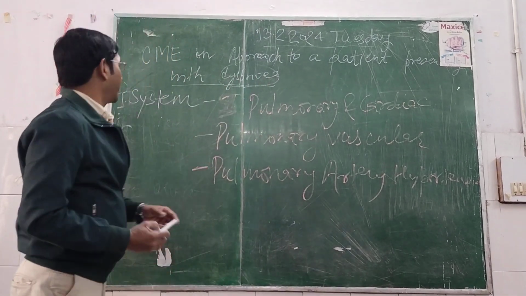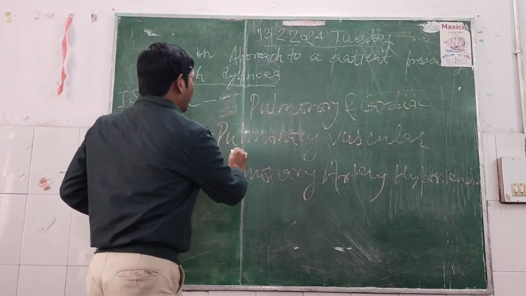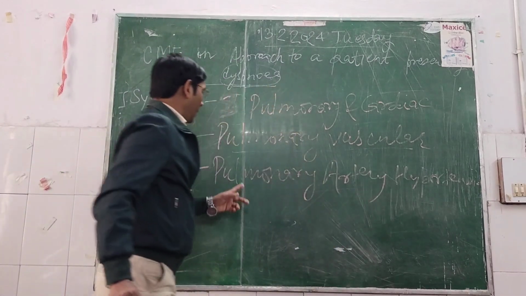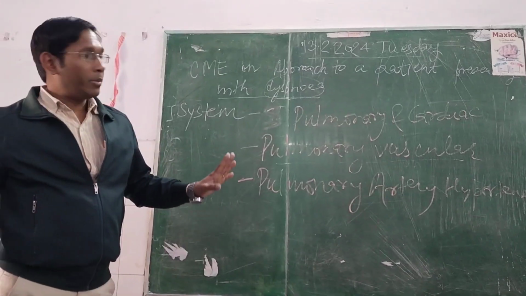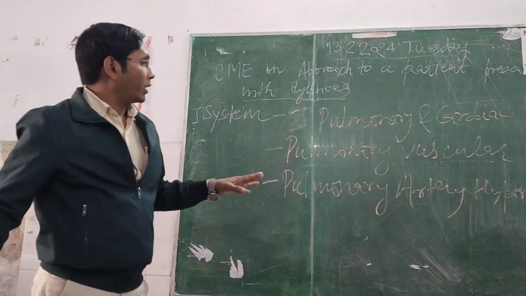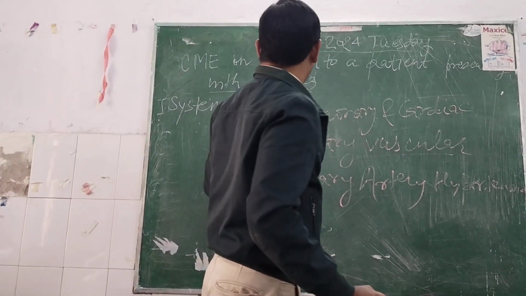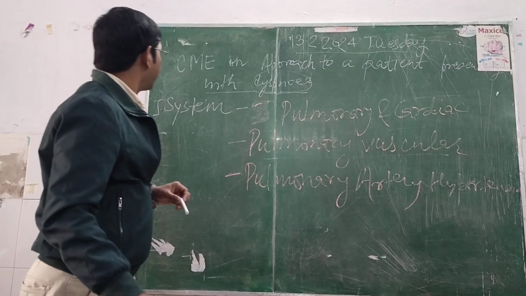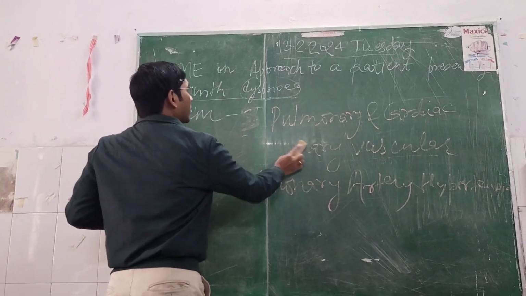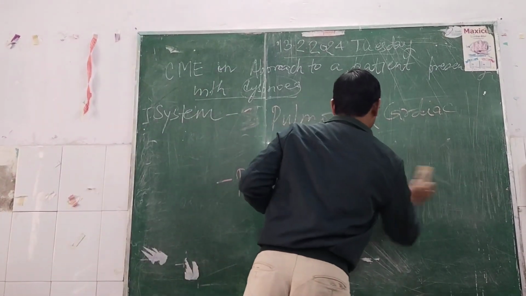So this is the example of pulmonary vascular disease process: pulmonary arterial hypertension. And now under the cardiac system,